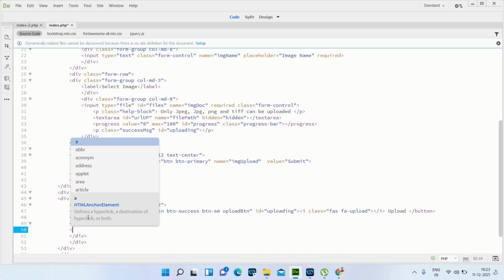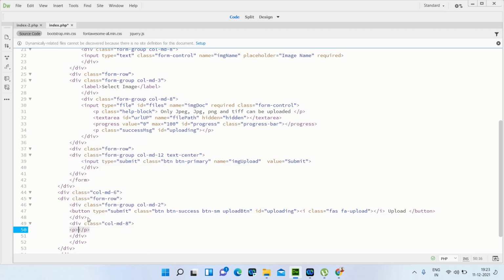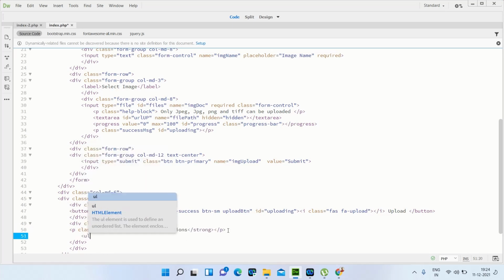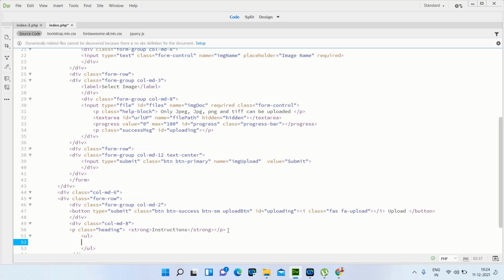So here we start a p paragraph and define class heading, and then in this we write some text. After that we have to create one UL, and then we create li items and write some instructions. Provide the name of the image or name of the.